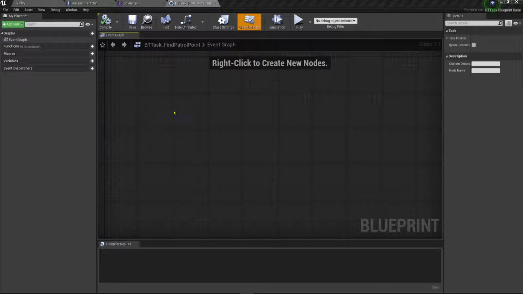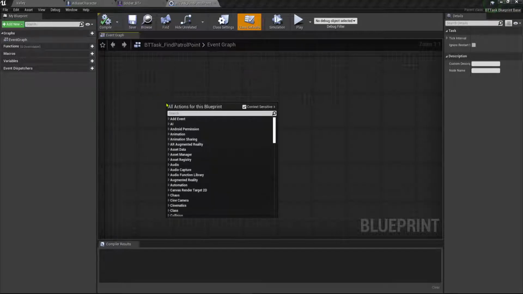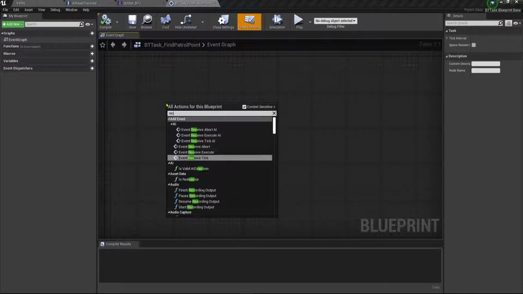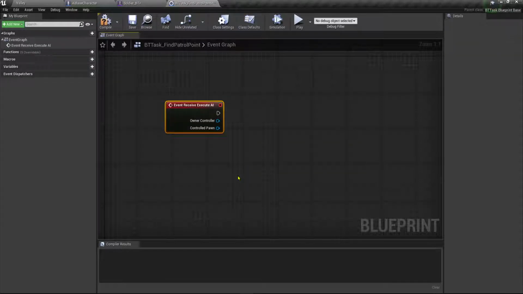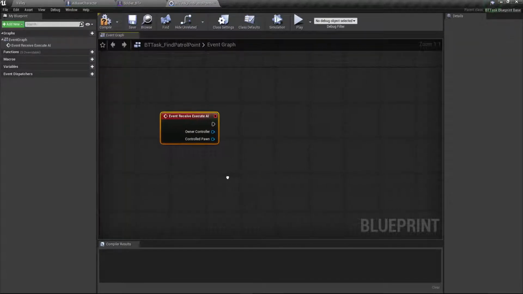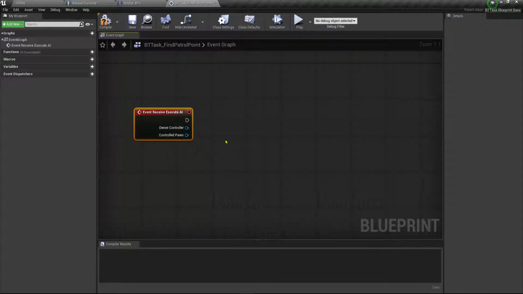For this to work, we need an event, and the event's going to be called, let's see, receive execute AI. So event receive execute AI, the top one. So this is the one that we're interested in. Okay. Now what we're going to do, this is not going to be super complicated, but we're just going